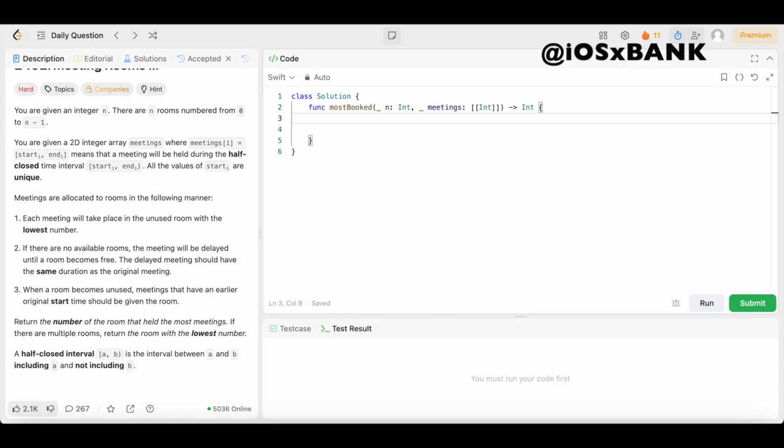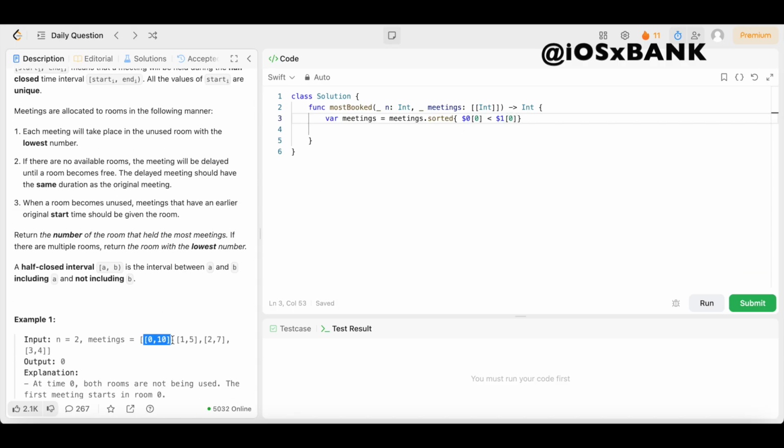So for that, we're just going to come right here and declare a variable called meetings. This is going to allow us to mutate these meetings, because we're going to set this equal to meetings.sorted. Then we're going to open up the brackets. We're going to say $0[0] is less than $1[0]. So what this is going to do is it's going to look at each index in